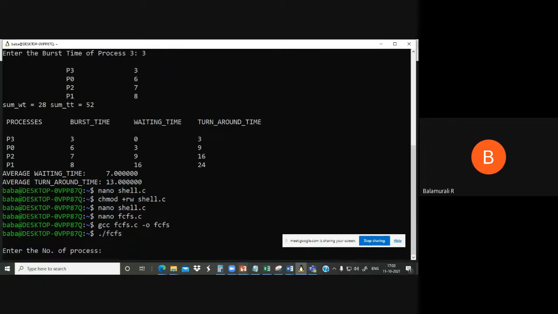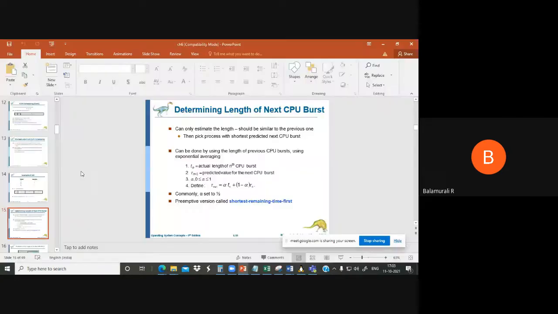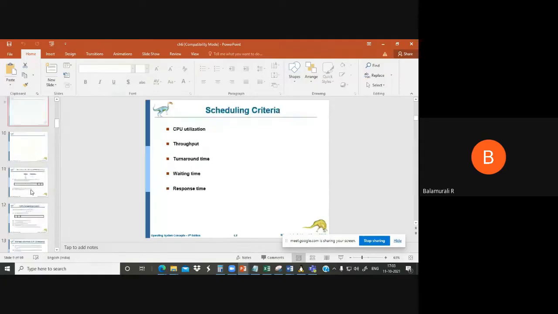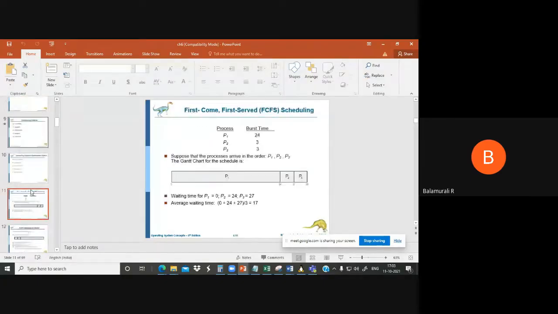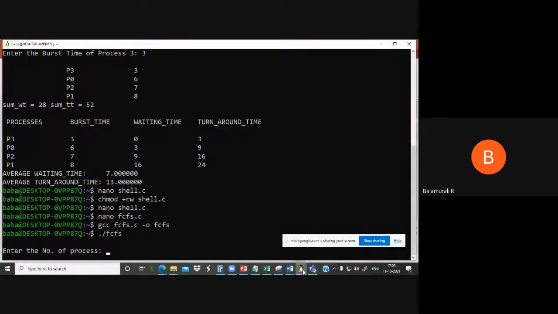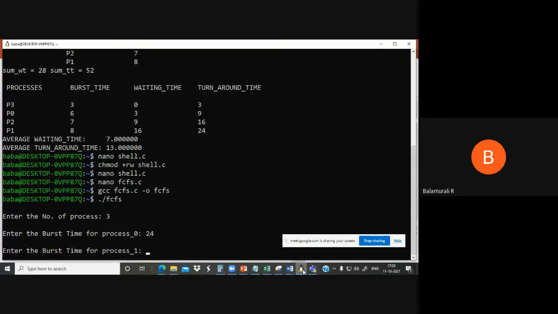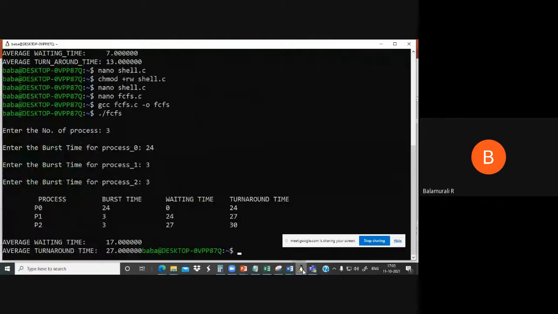I'll take the problem which we have discussed in the class. This one. There are 3 processes, 24, 3, 3. That is the burst time. So 3 processes. Zeroth process burst time is 24, then 3, then 3.